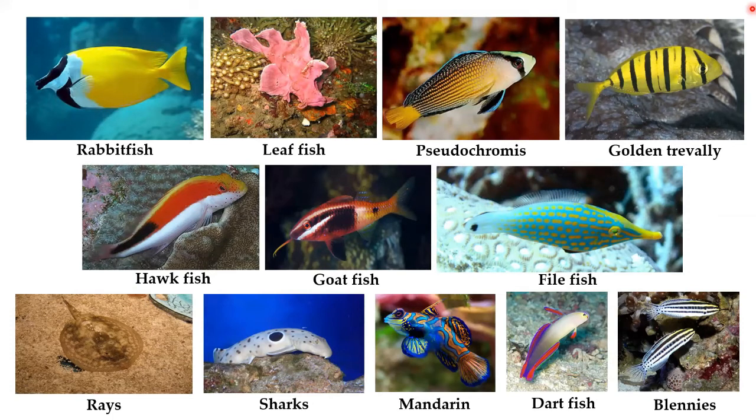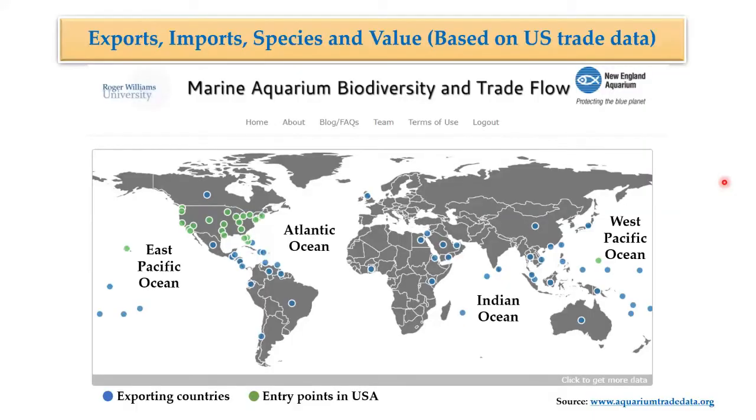So compared to all the families which we have seen before, we also have several other fishes that are available in the trade. If you look at the export, import, and species value, I'll be highlighting the case study from the US, because most of the trade data are widely available only for the US compared to any other countries,